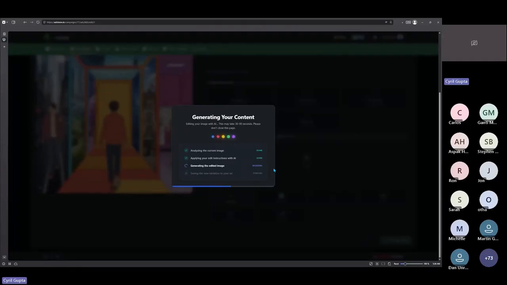Pete Stone, why can't these post images be used for organic posts or reels? Absolutely, Pete, they can be used for that. In fact, Ganti was talking about it earlier. He was talking about how he wants to use the ads that he creates to put them on his blog and promote his products on his blog. Well, that's absolutely a valid use case. You need not run these ads on platforms. You want to use it for an organic post? Well, absolutely, it's a great idea and absolutely you should do it. And this is the perfect, I would say, use case for this tool. So yep, it solves one problem, more than one problem.